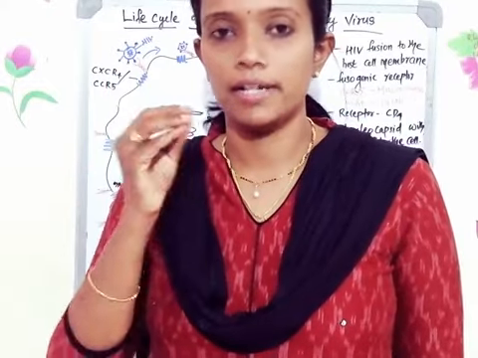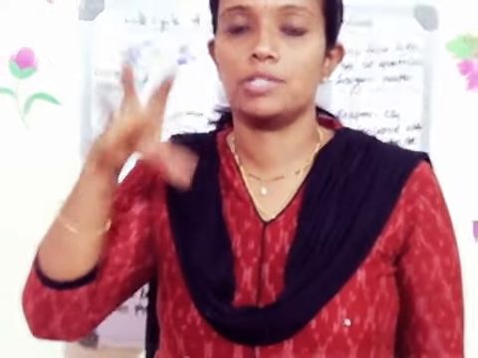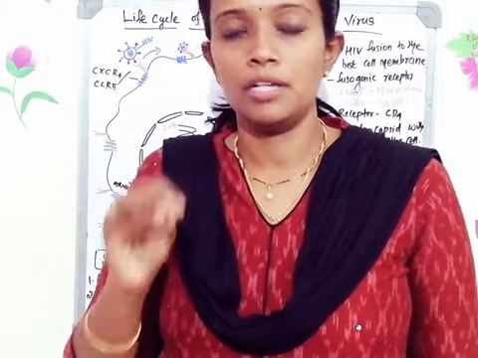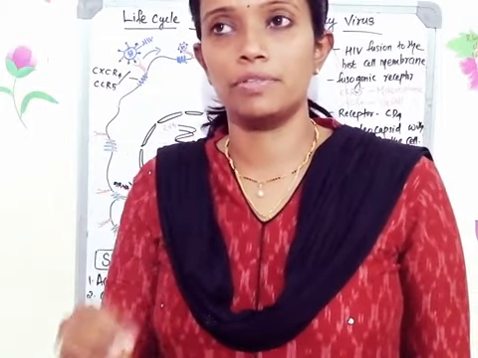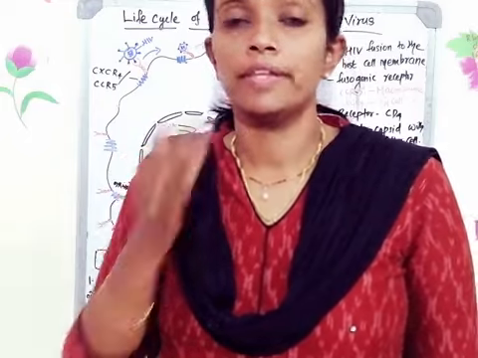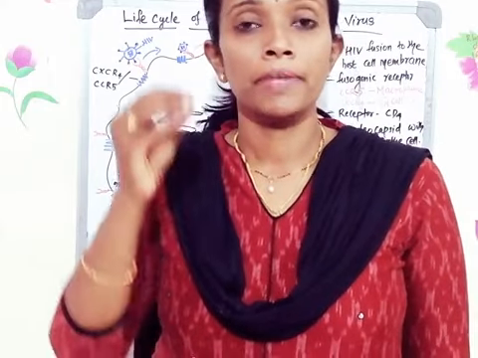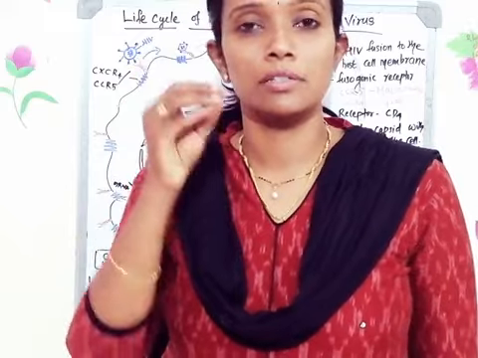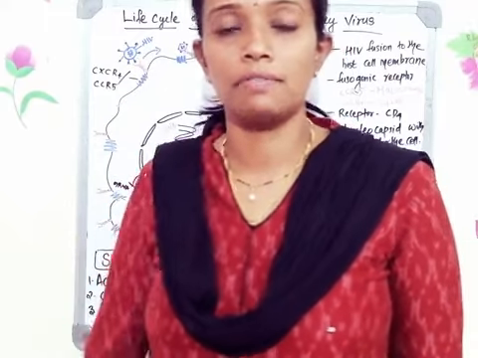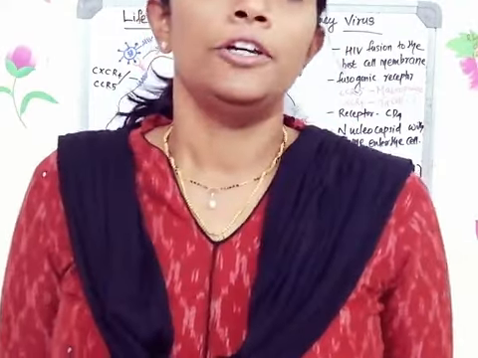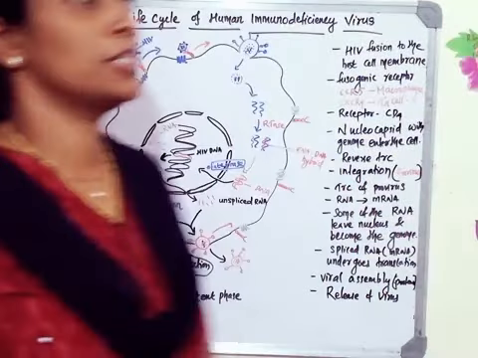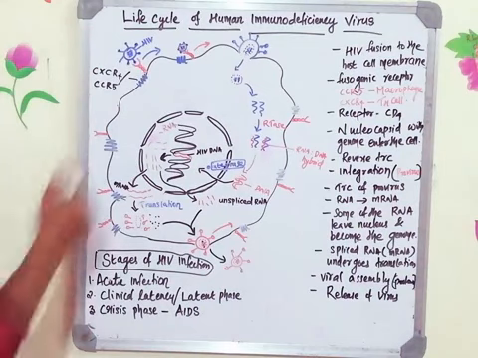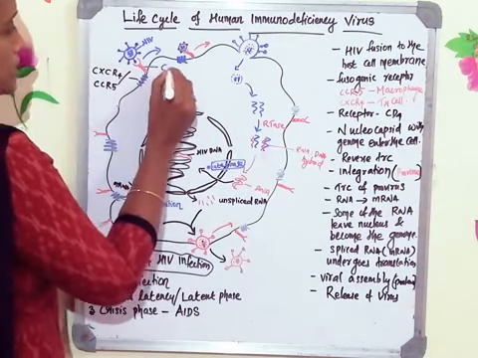Fusogenic receptors are required for the proper binding of the HIV virus to the T helper cells. Only recently they have identified that particular receptor, and now many researchers are working to block this co-receptor which is associated with the CD4 receptor, so that you can control the HIV spread in a human being. So this is the HIV virus, and this one is the CD4 receptor.